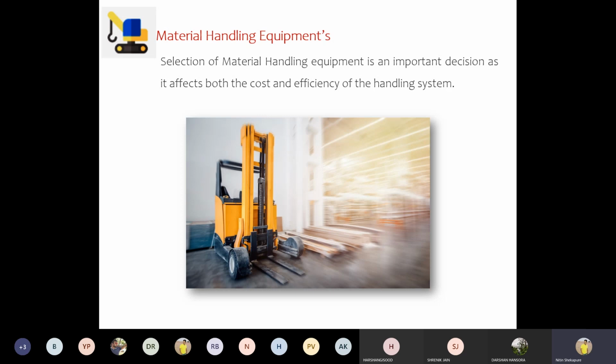Okay, Divya, this question is for you. Are you there? Yes, sir. There are two lines. They are manufacturing the same type of car, same variant. Everything is the same. In one line, we are using a highly sophisticated material handling equipment. And on the other line, we are using a conventional material handling equipment, which is not that sophisticated. So what difference will you find on both the lines?